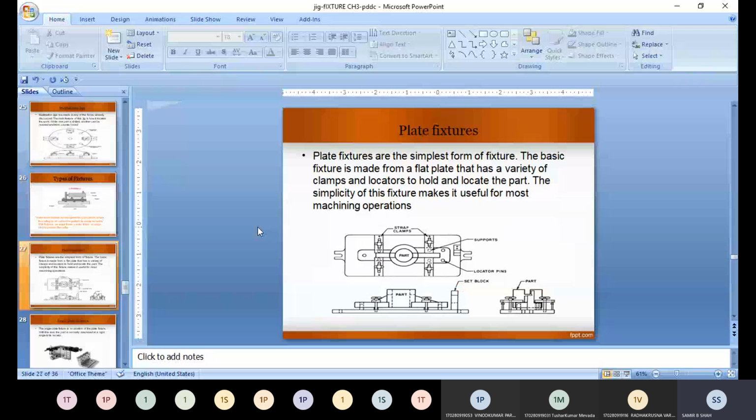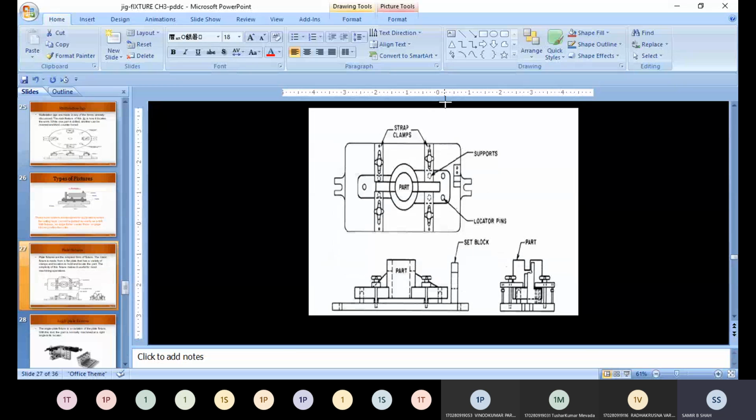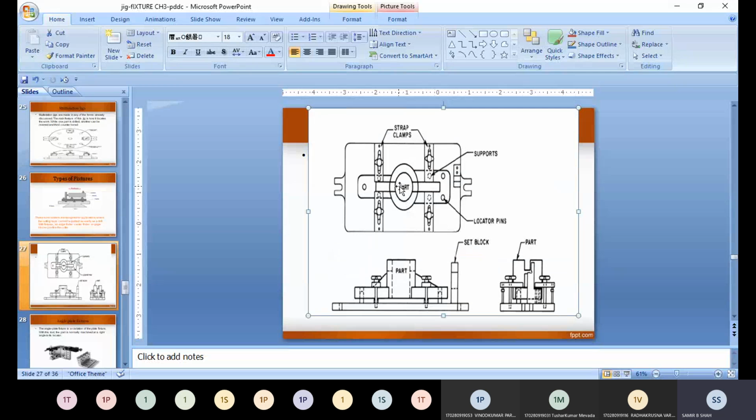Some basic types I just discuss in short. Plate fixtures are the simplest form of fixture. See, mostly if we talk about fixtures, then this kind of fixture design we get. Mostly it is a generalized system you can consider where you can focus that यहाँ पे आपको एक part दिया गया है. I just zoom that part, so it is easy for us to visualize.